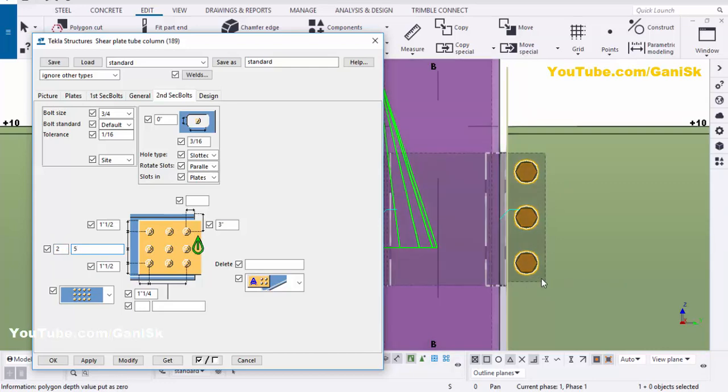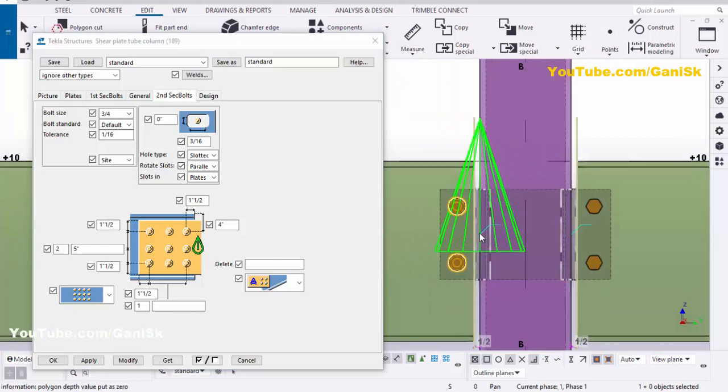And coming to this side horizontally, distance between the bolt to edge of this plate let's take here 1.5 inch, and number of columns we need to take 1, and bolt to edge of this plate we need to enter here 1.5 inch. Now top of beam to first bolt distance we are going to take here 4 inch, then click on modify. You can see now we have like this.